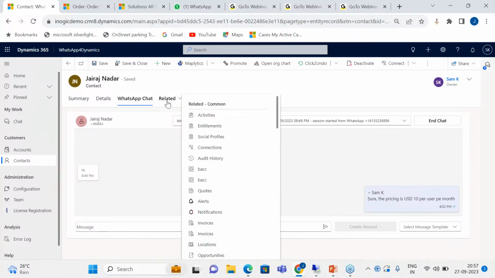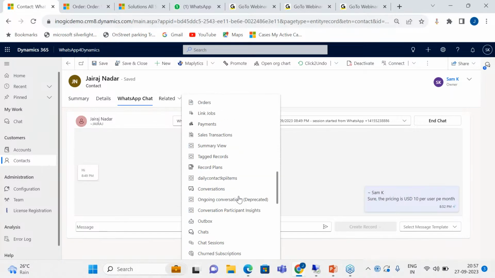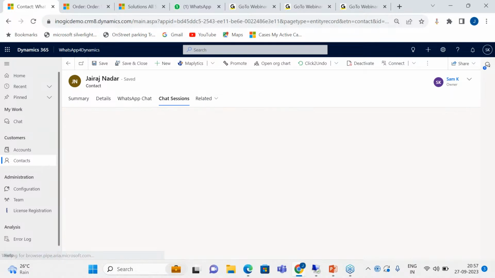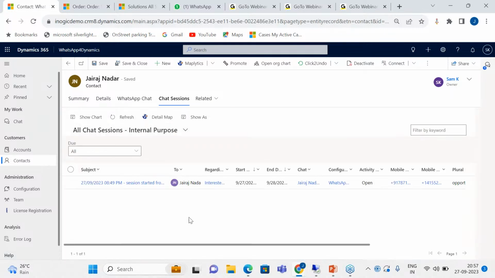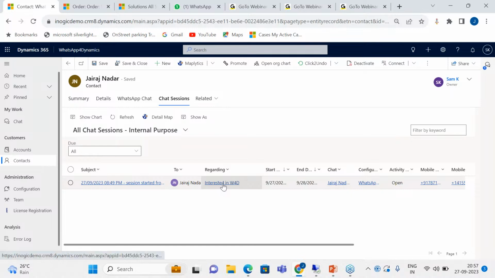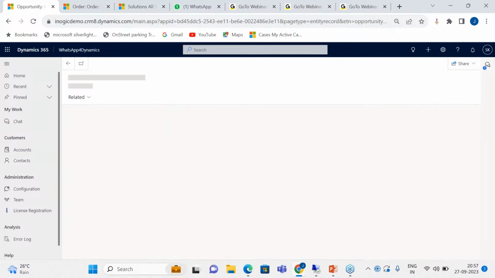It can be seen in the chat session. If you go and check whether this chat UI is associated with that particular opportunity or not, I'll show you how it works. If I go into the chat session, you see this is customer 2, and the regarding field that has been set over here is the opportunity that we have created. If I open that,